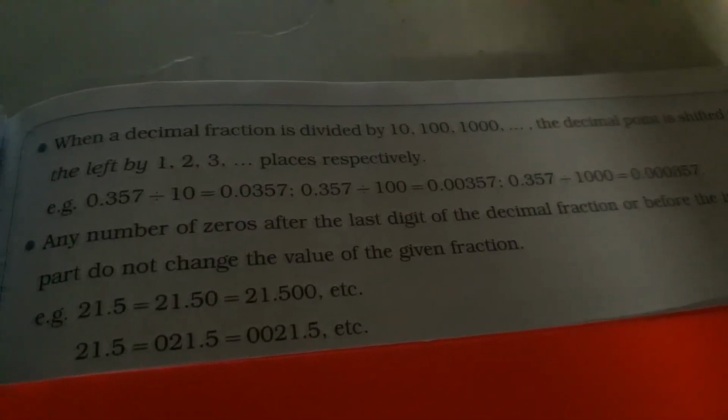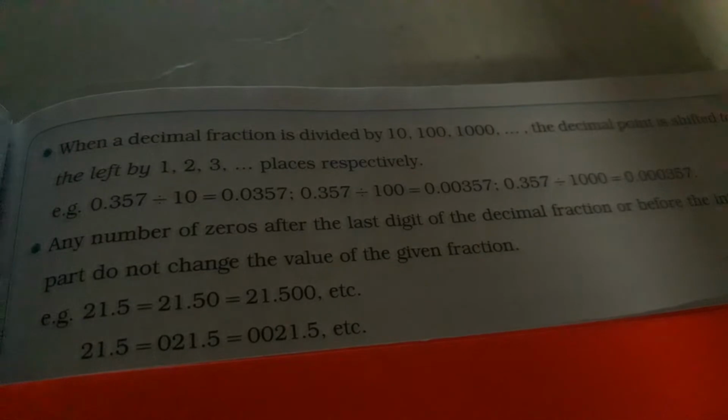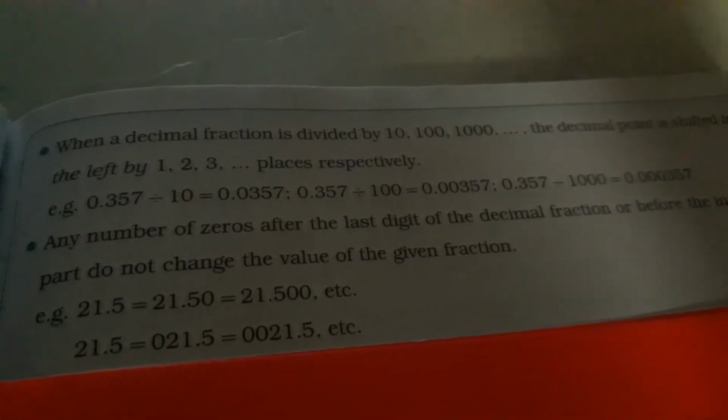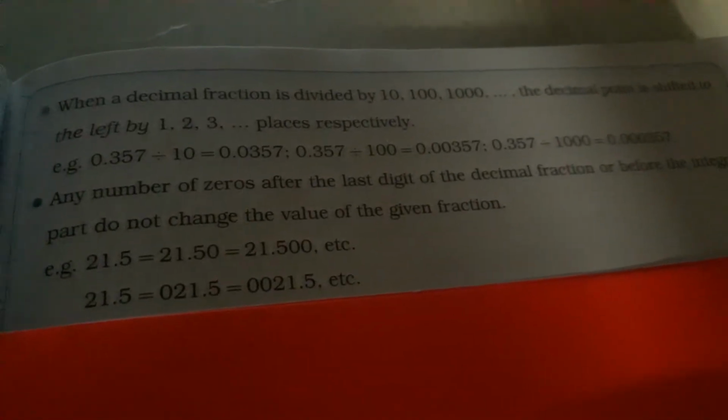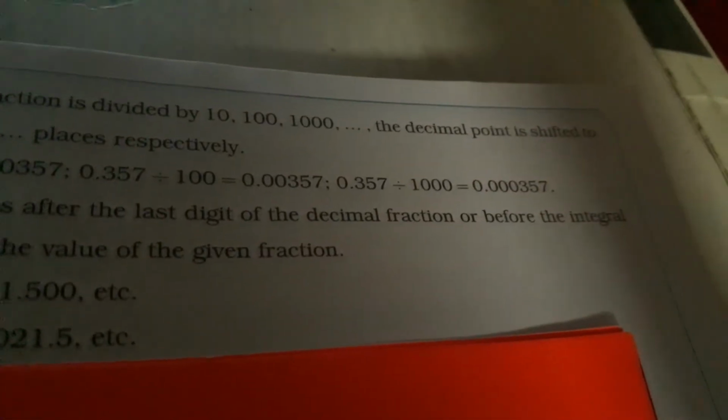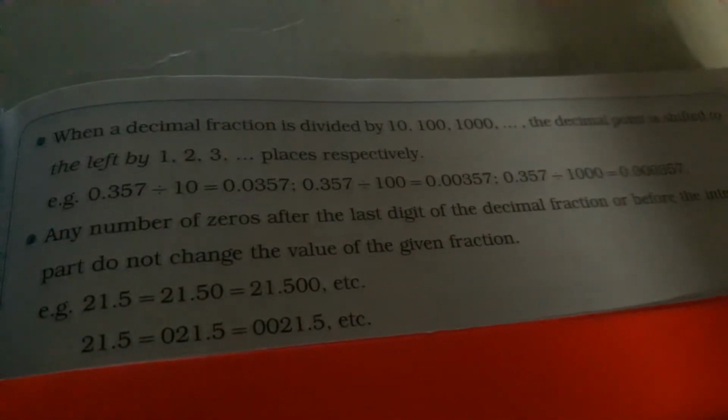0.357 divided by 100, it will be more shifted. So 0.00357 we get. And like this, with the number of zeros added, like 1000, you are going to get 0.000357. So when we divide, the decimal point gets shifted to the left, and when we multiply, it gets shifted to the right. Now remember this, any number of zeros after the last digit of the decimal fraction or before the integral part,